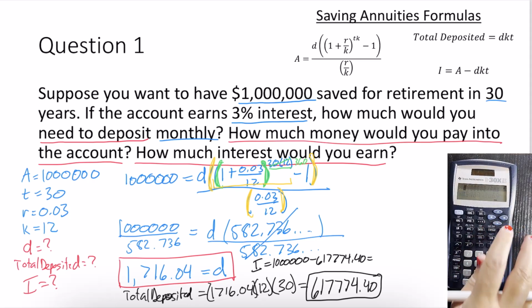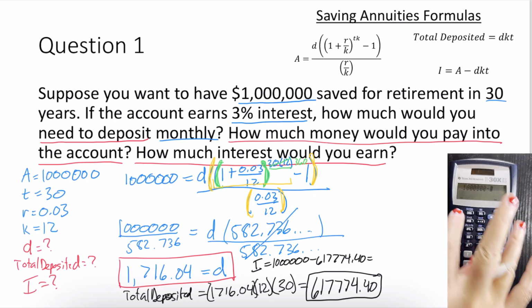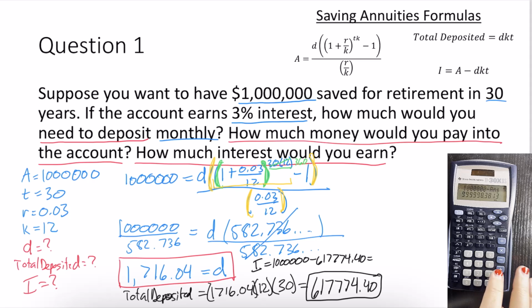Oh, maybe I typed that in wrong. Let me try that again. 1 million minus, I think I clicked divide instead. Sorry about that. Oh, but my calculator cleared my previous answer, so that means I have to type it all out. So 1 million minus